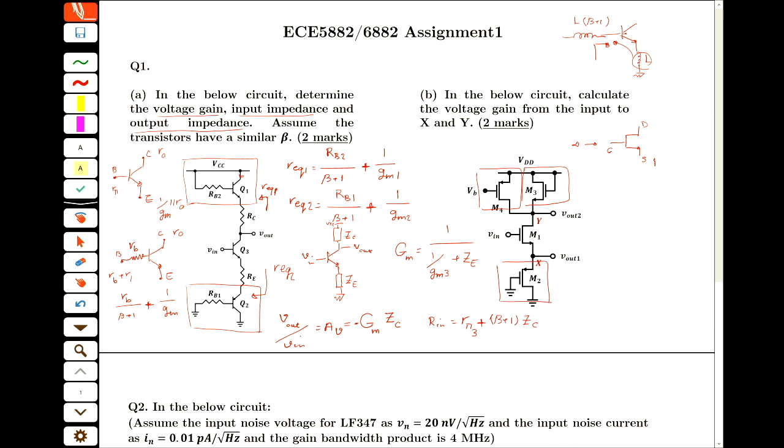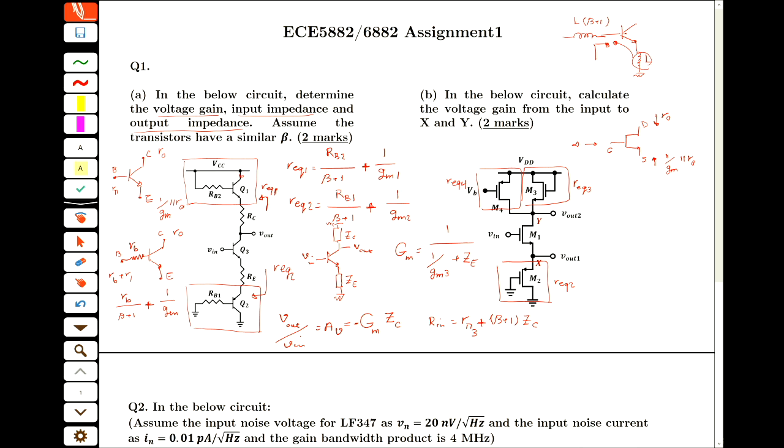For the source, the input impedance is 1 over GM in parallel with RO, and for the drain, it is again RO. Okay? So if I say that this is R equal 3, this is R equal 4, and this is R equal 2, I mean the equivalent of these circuits,